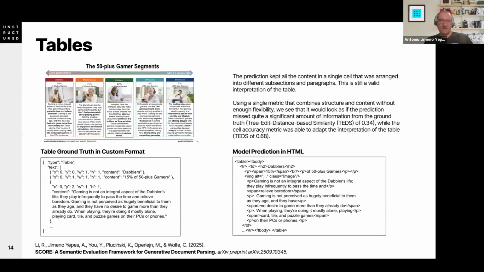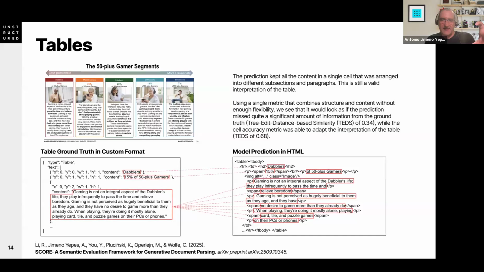In this second example, I would like to show something that is a bit more complex related to tables. And in this example, top left, we get a set of information that is organized in columns that has been identified as a table when I'm doing annotation in the ground truth. The main challenge here is to organize the data exactly as it has been identified in the ground truth, because everything has been aligned in a way that we get a defined set of